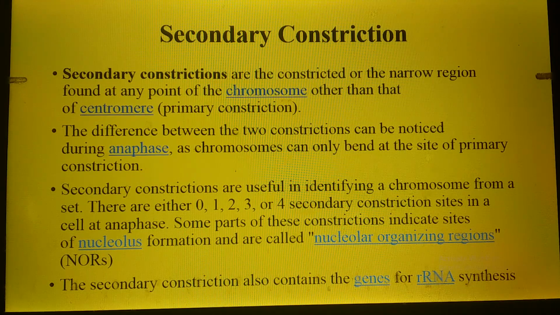The chromosomes move towards the opposite pole of the cell. That's why that is known as anaphase. Ana, opposite phase, stage. At that stage, what will happen? The chromosomes move towards the opposite pole.